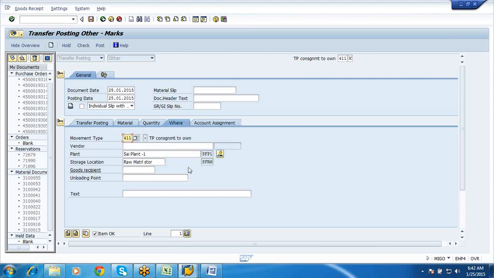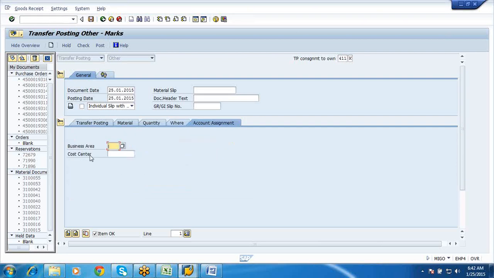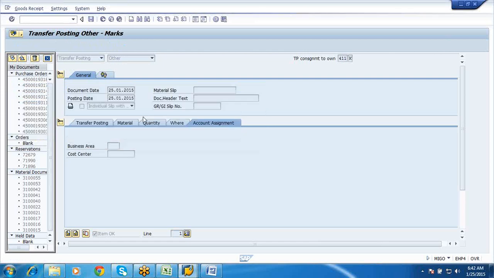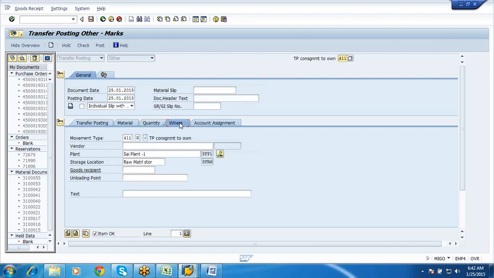So this is transfer posting consignment to own, your account assignment. Let me click check. Enter a vendor for special stock key. Okay, vendor 9134567810.